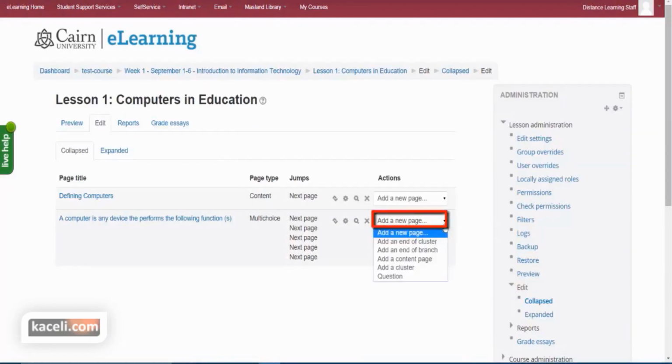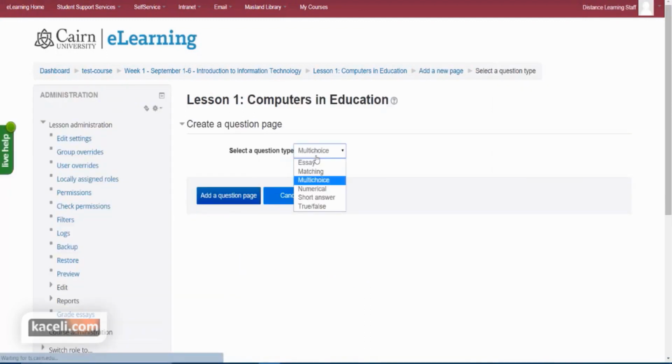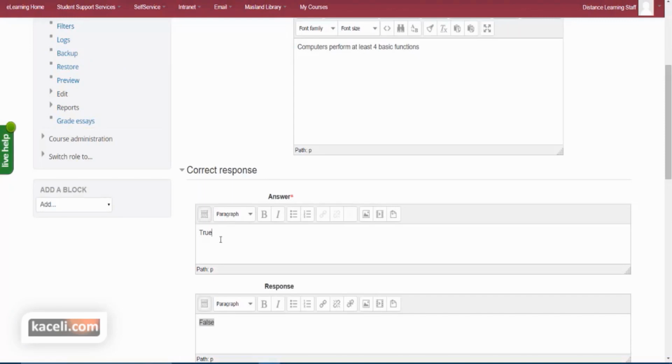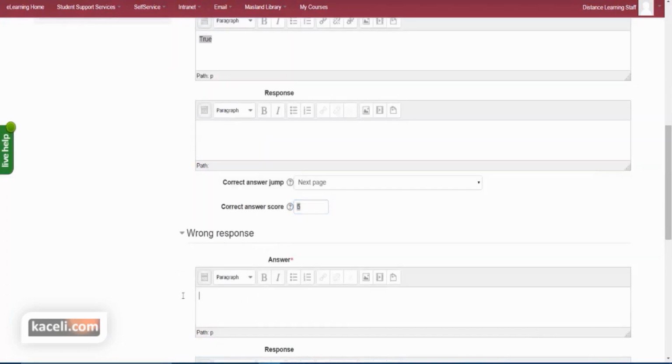So we go here under Add a New Page under the Edit tab for the lesson, and then we choose another question here, and then we'll say true and false. Add a question page. We give it a title. So here for correct response we put true, and if they choose a true option here, the true response or the correct response, this is what you can put as feedback, automated feedback. And if they choose the correct answer, also this is how many points you're going to give them. Make sure that this says next page, and then if they choose the wrong answer, which would be false,